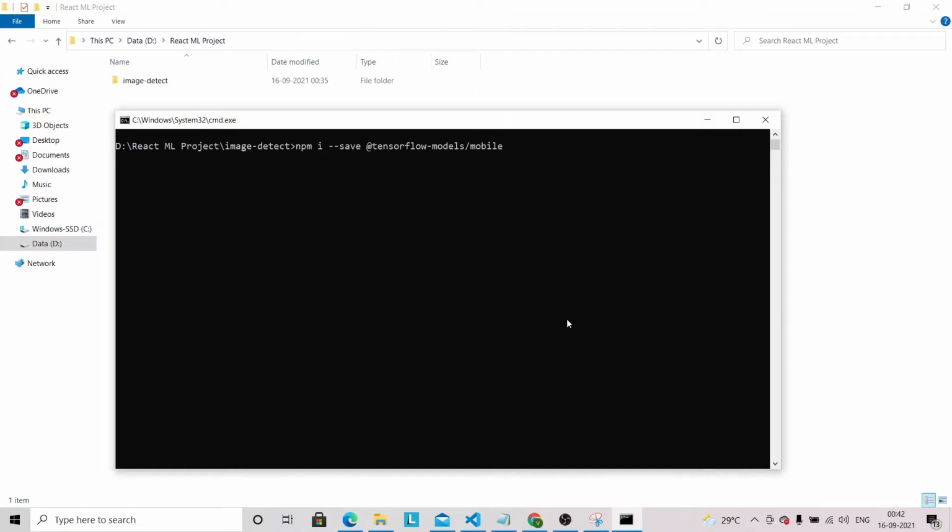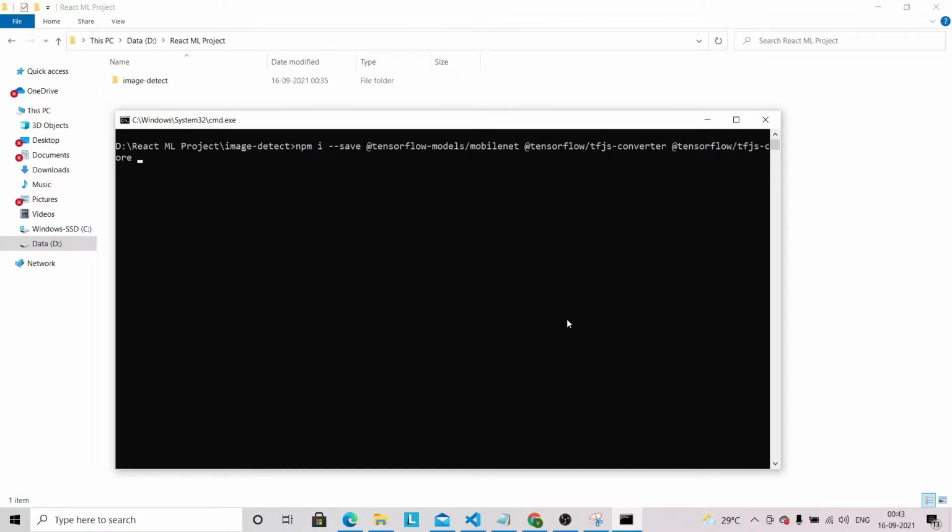This is a pre-trained machine learning model that is used to identify the image that we are going to provide in this application. Two more packages are required related to TensorFlow: tensorflow/tfjs-converter, and one more package related to TensorFlow, that is tfjs-core.